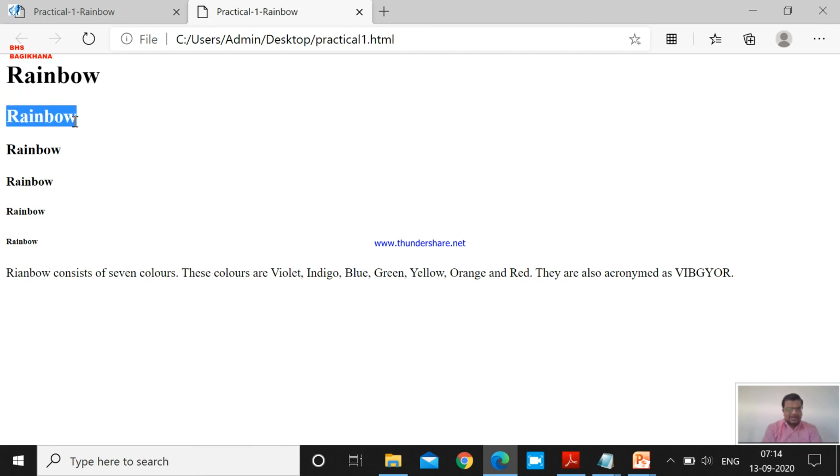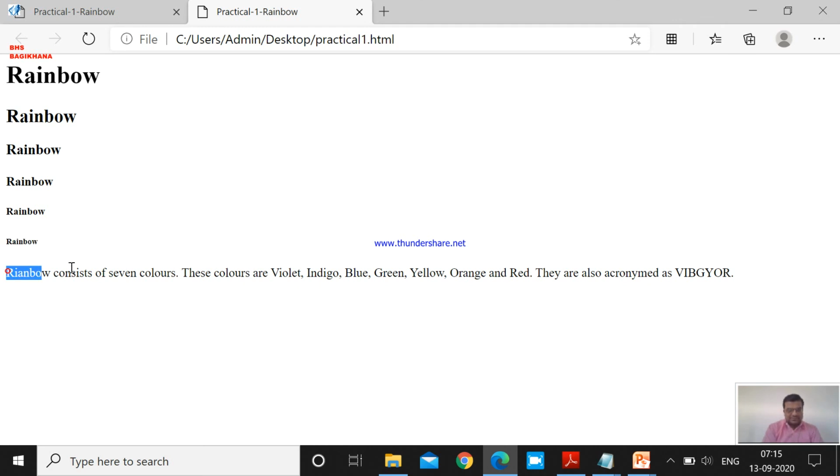The second one is the output of H2. The third one is the output of H3. The fourth one is the output of H4. The fifth one is H5, and the last one is the output of H6. So you can see, as we have discussed, that whenever you move from H1 to H6, your fonts decrease. So this is the difference between H1 to H6 tags.